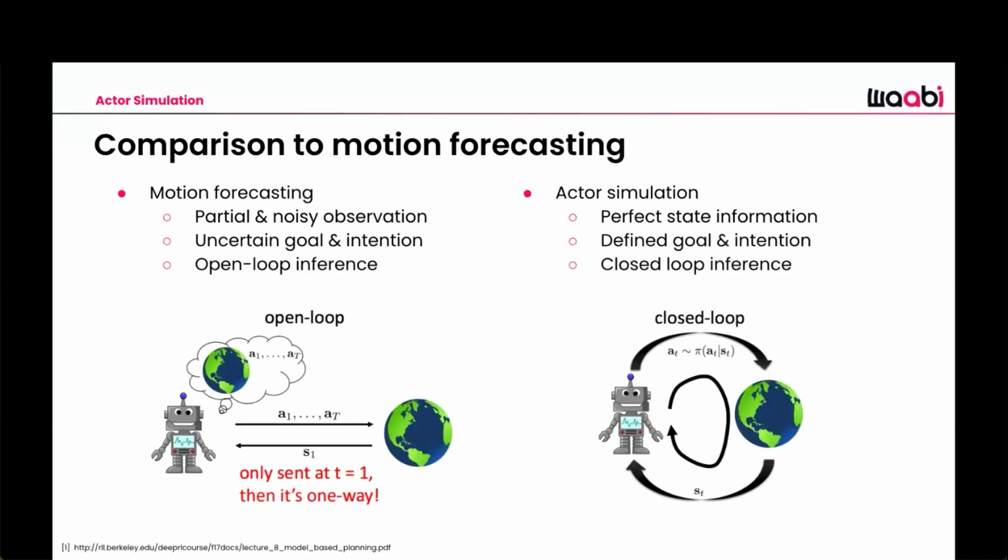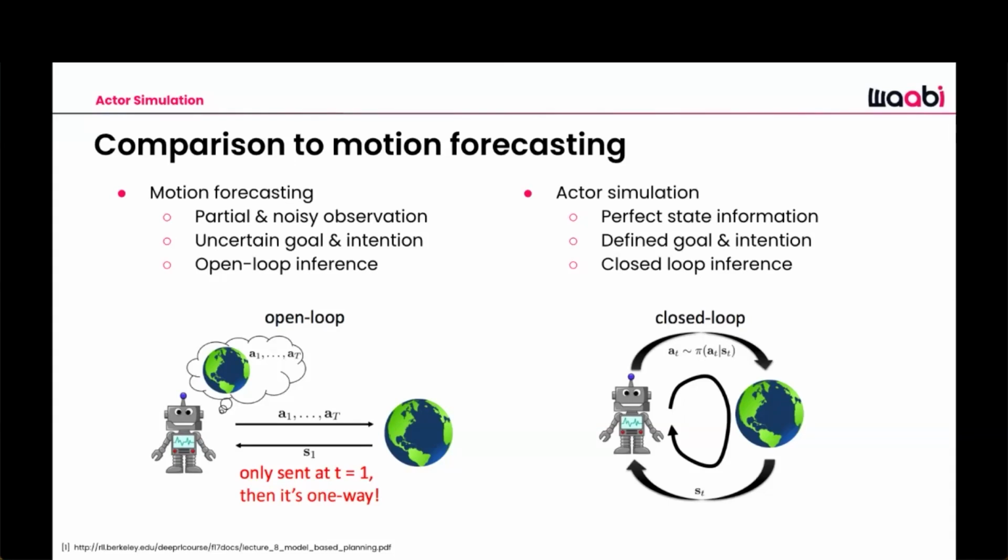And what about motion forecasting? Here, we're also interested in predicting the full distribution of human driving behaviors that we encounter in the real world. Well, there are three key distinctions between motion forecasting and actor simulation. First, in motion forecasting, because it runs as a part of the autonomy stack, it operates on partial and noisy observations coming from sensor data. In contrast, in actor simulation, we're given perfect state information from the simulator, right? We also do not know the goals and intentions behind each traffic agent in motion forecasting, but oftentimes the goals and intentions of each actor are known to us and given to us